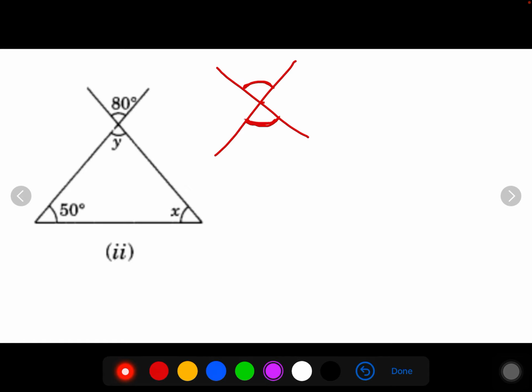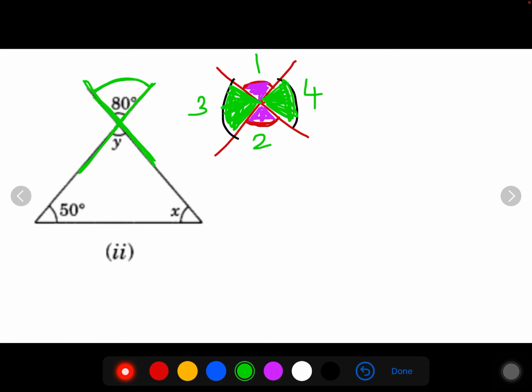One pair I'm doing in purple color for you. The other two angles are these two, doing it in green color for you. So you'll be getting two pairs of opposite angles which will always be equal when two straight lines intersect. Here this is angle 1 and 2. Angle 1 and 2 are going to be equal and angle 3 and 4 will be equal because they are vertically opposite angles. This is what we are going to use here. Just consider these as two straight lines. When they intersect, these two angles will be equal because they are vertically opposite angles.